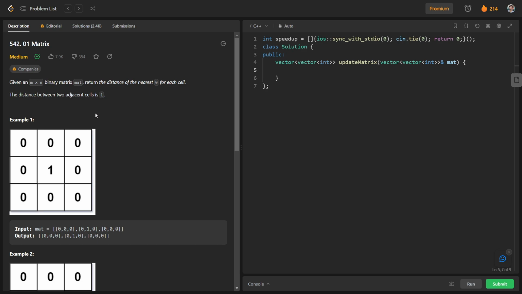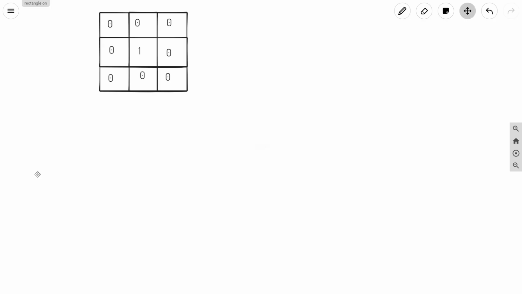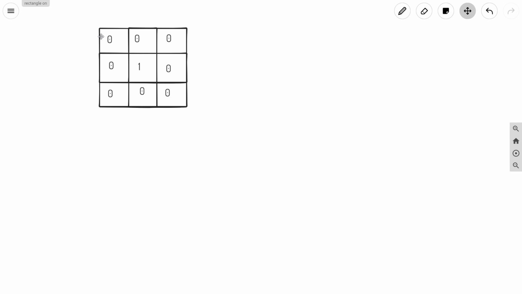So basically we are given this matrix mat, and it is a binary matrix, which means it contains 0 and 1. What we have to do is return the distance of the nearest 0 for each cell. You can see that this is our input. For this input, we will talk about the nearest 0, so the distance between the nearest 0 and